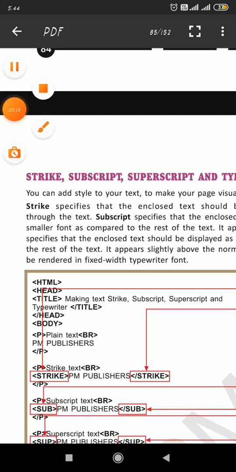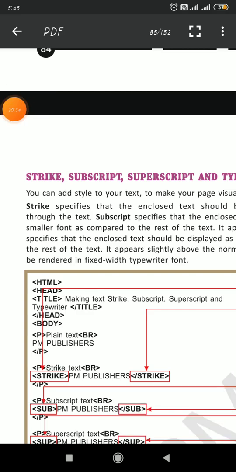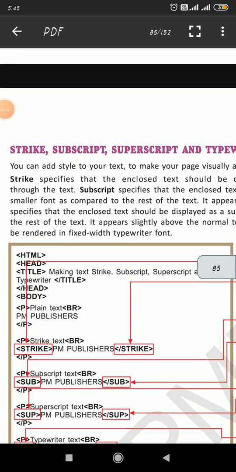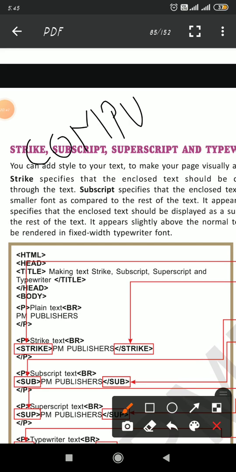Here, striking means you have written any name like computer, okay? COMPUTER, this way.